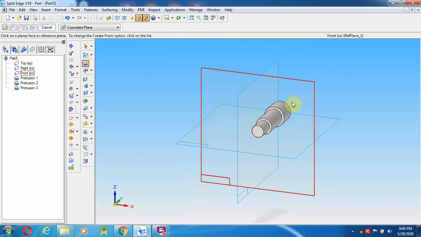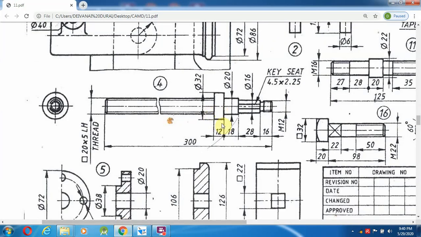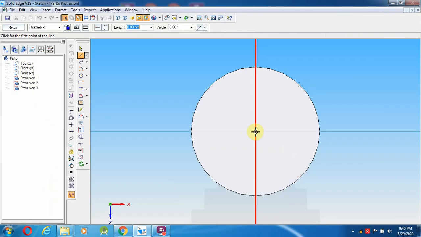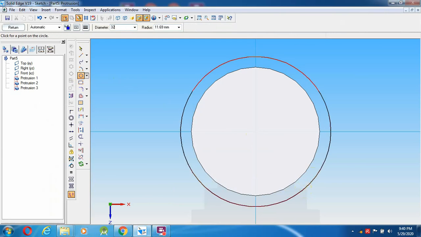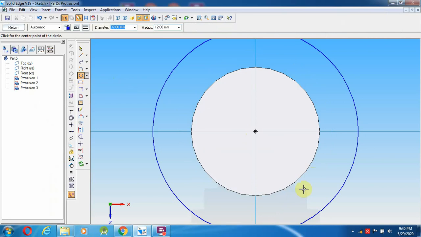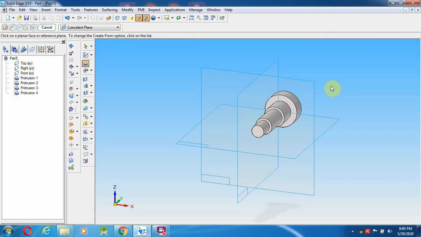Then again protrusion, the back, and select the maximum one, that is 32 mm diameter and 12 mm length. Then we can give return. We can give 12 mm length, left and right click.